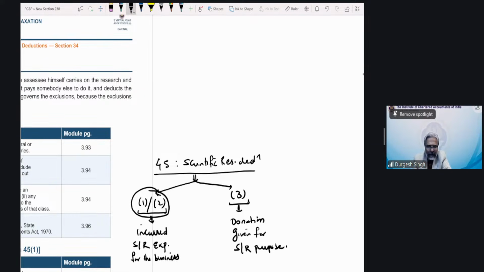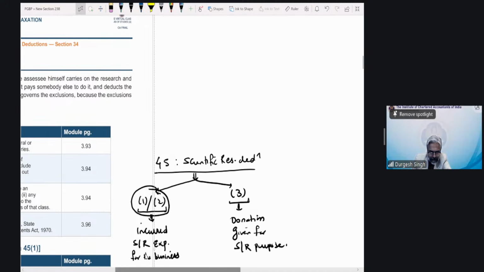Every one of you. Third is a different story that we'll discuss a bit later. But just focus on 1 and 2 right now. That is where you need to put your attention. On that note, just quickly, let's have a look at what this 1 and 2 is all about.